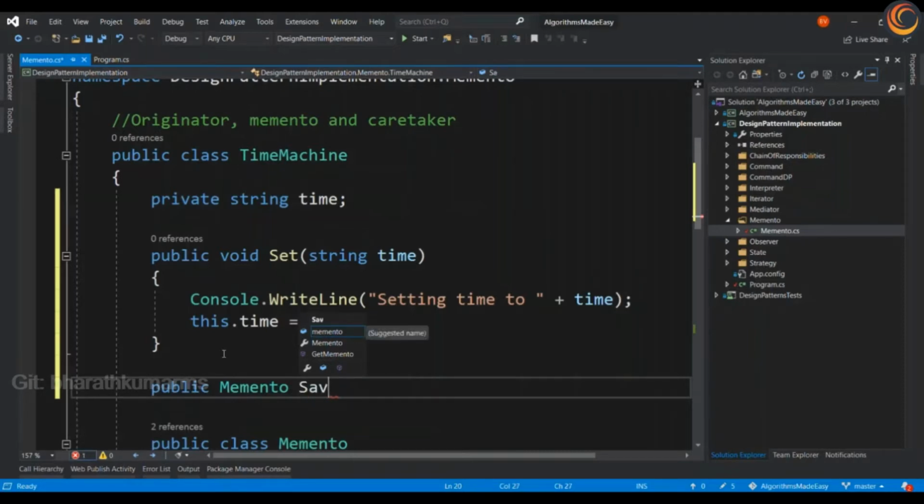Let us call it save to memento, to make it more descriptive.